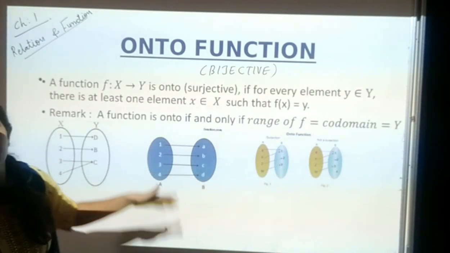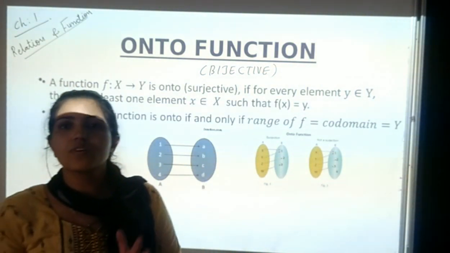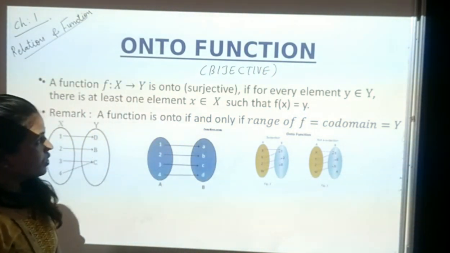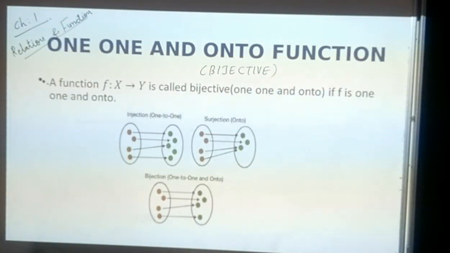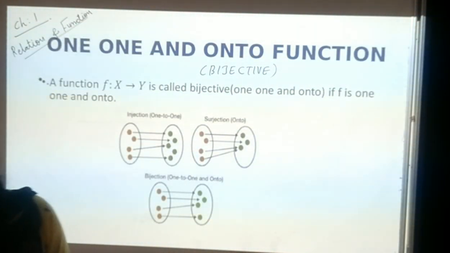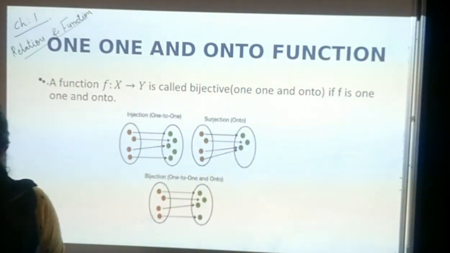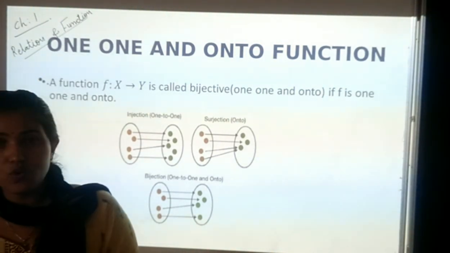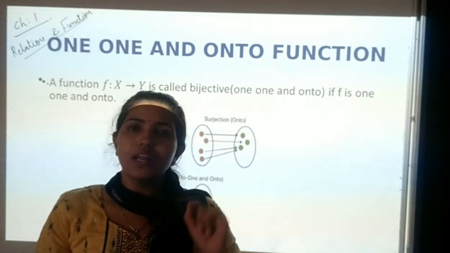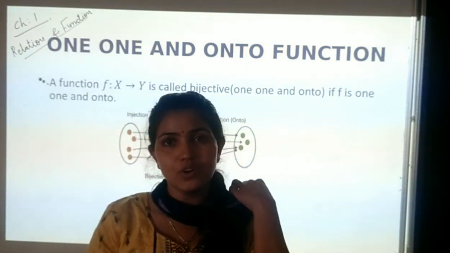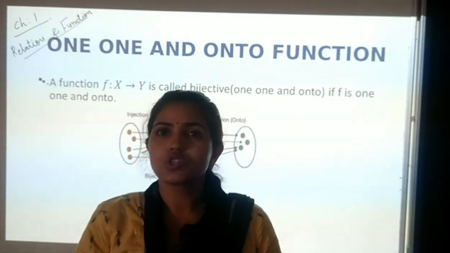So remember students, these are the notes for this topic, one-one and onto functions. Please note them down, and if you have any doubt you can contact us, and we will give you further information. Remember students, this is one of the important topics we have. One-one function, that is an injective function. Onto function, that is a surjective function. One-one and onto function, that means a bijective function. So this is it for today. The session stops here.